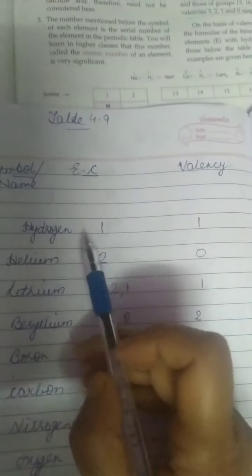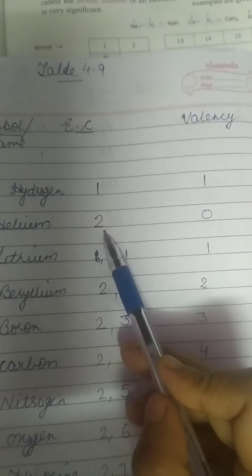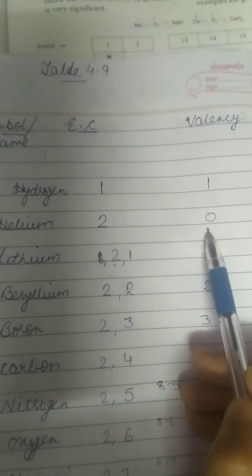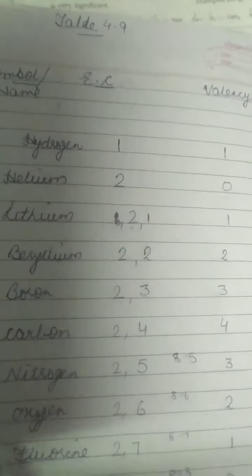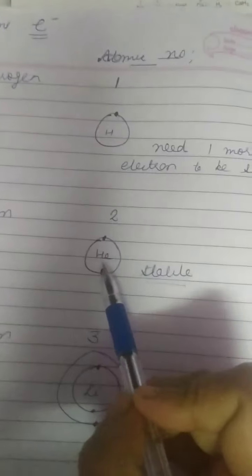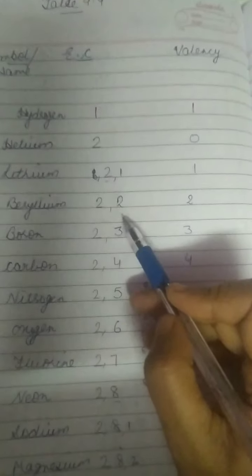Now we will come to find the valency. To find the valency, we should know the electronic configuration. So I already told that for those whose valency is 1, 2, 3, 4, the valency remains the same. So you can see for 1, valency becomes 1. For electronic configuration 2, valency remains 0, because they do not need any electron to complete. I already told in the case of helium, its inner shell is already completed with the 2 electrons and we need 2 only.